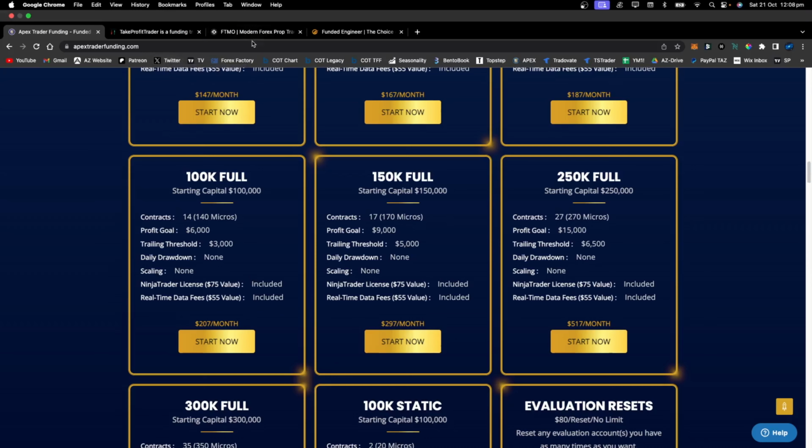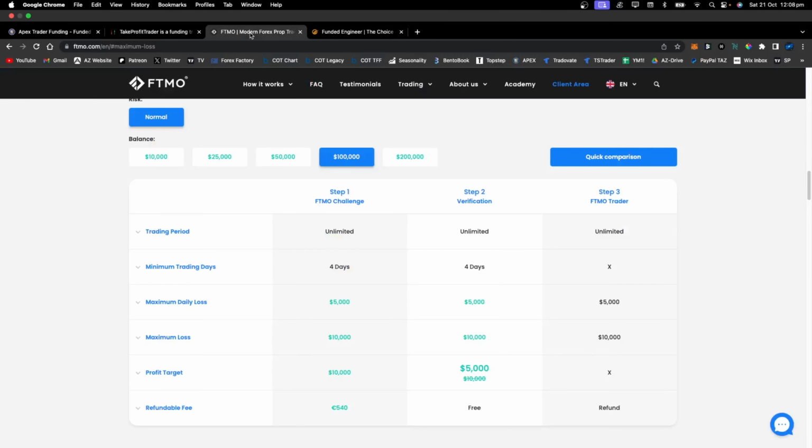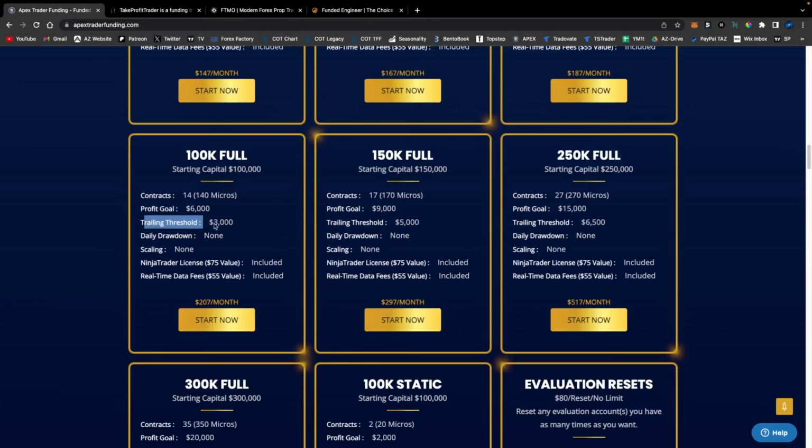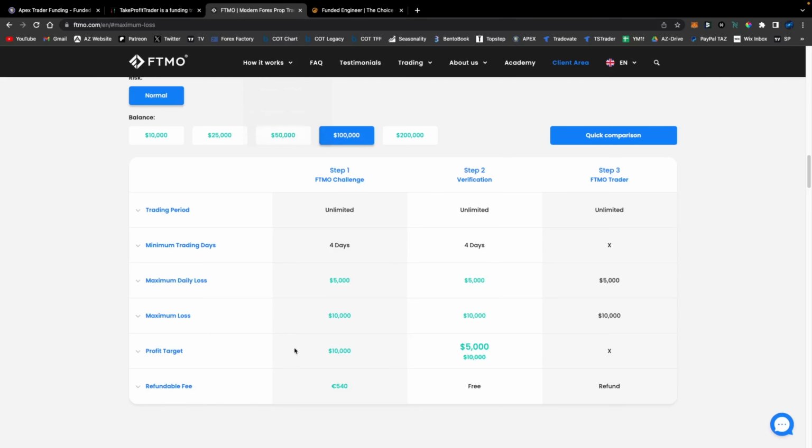That's the main difference why I think if you are a beginner ICT trader or even an intermediate level ICT trader and you struggle passing Apex Trader Funding challenges because of that trailing threshold, I think you have a much easier time trading with FTMO or any other CFD prop firm. Of course, you have to be careful because some of them have more spread and so on. They may be trick traders and all that, but I will do a CFD prop firm review very soon.